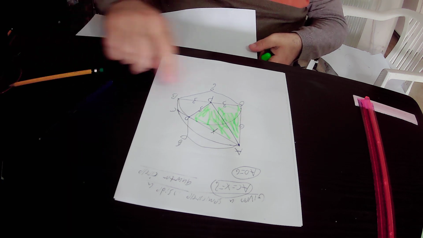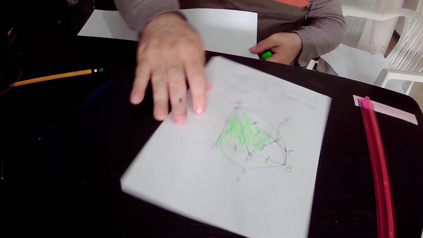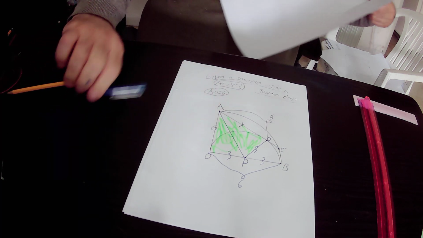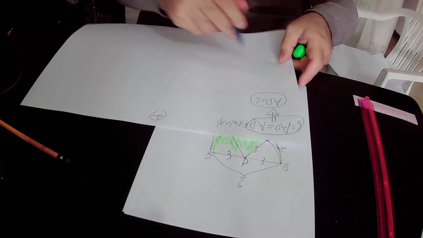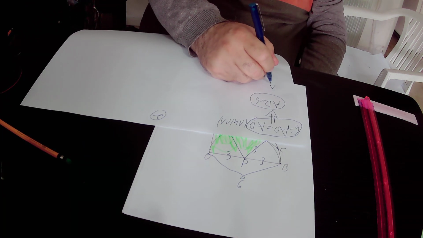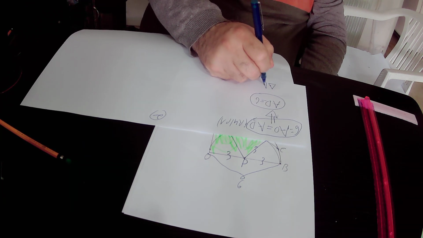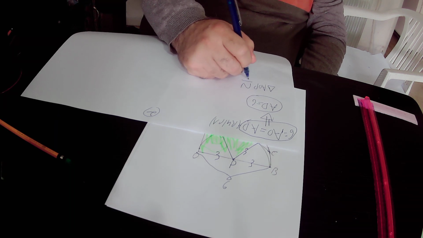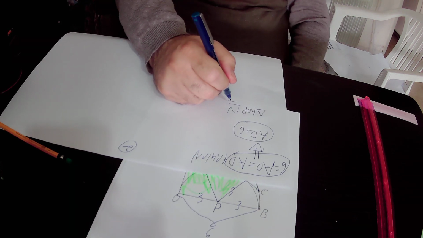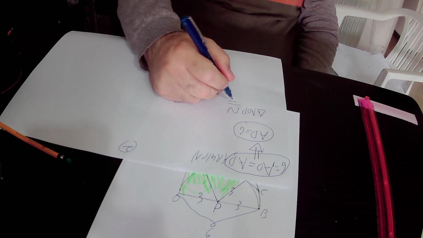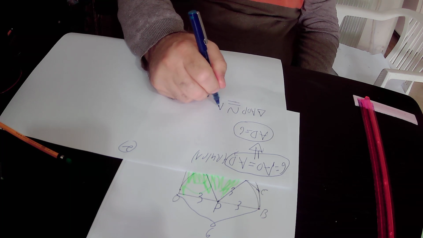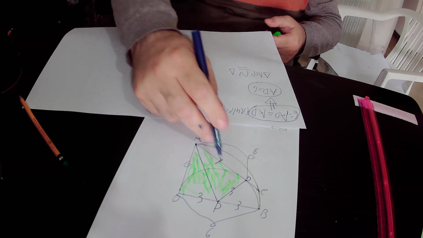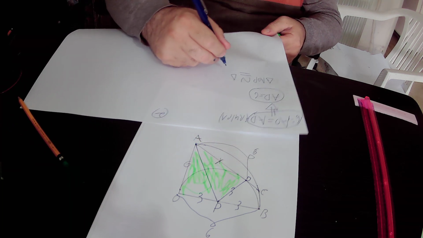Actually, triangle AOP, this right-angled triangle AOP, is congruent, this is the sign of congruent, to triangle APD, this triangle,